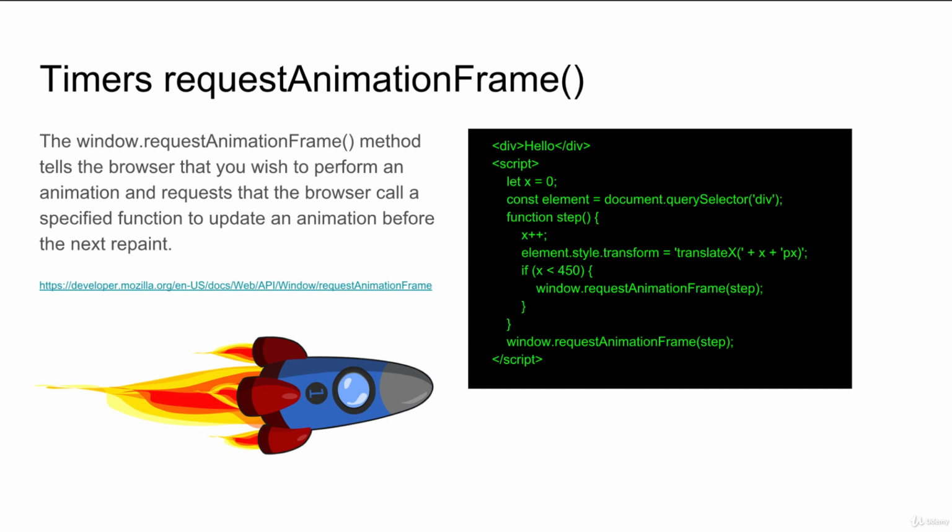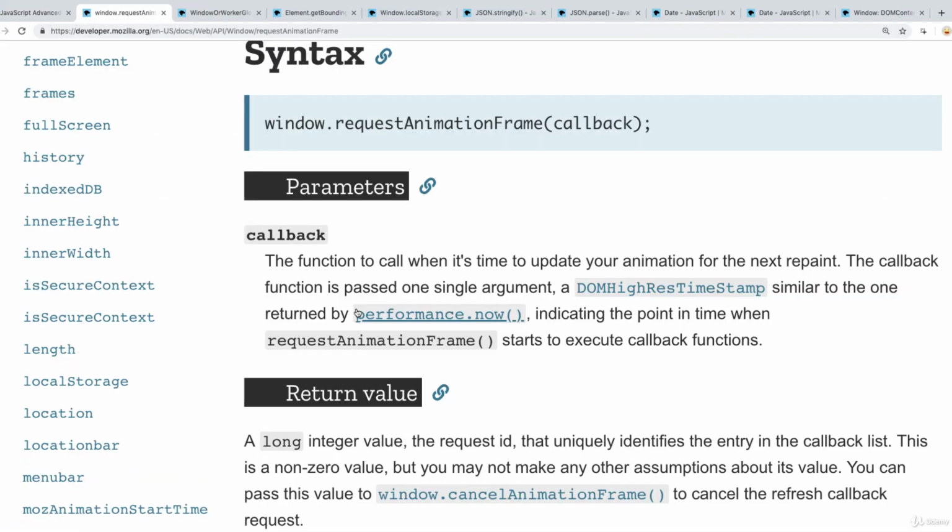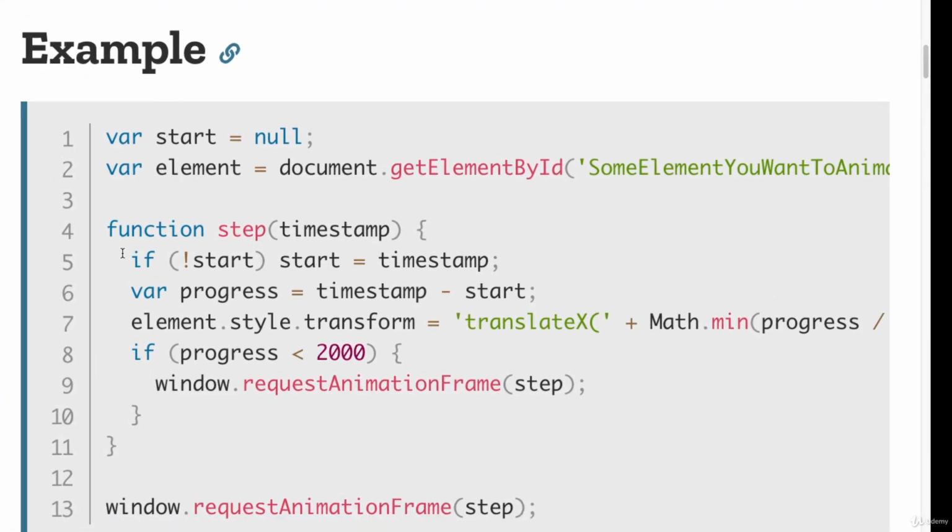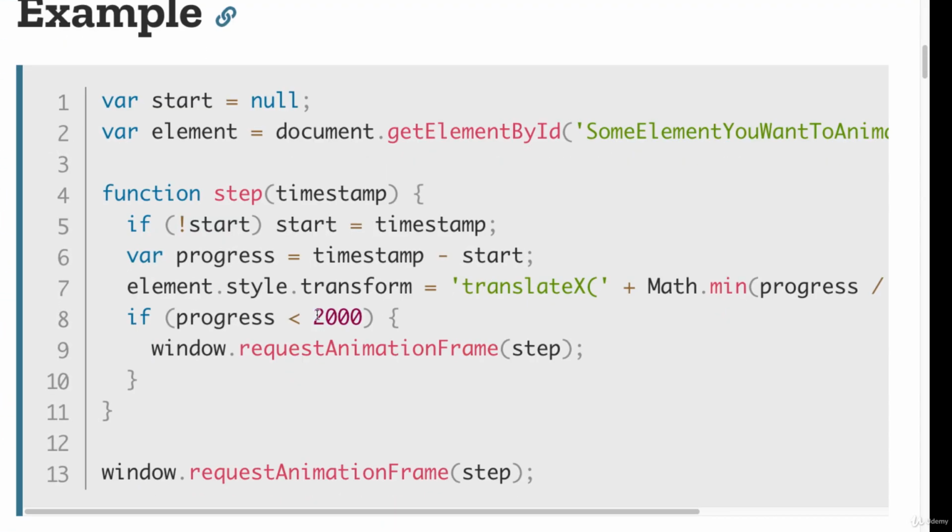There's one other one that I want to show you, and this is one that I use quite a bit, I have to admit, and this is requestAnimationFrame. So what this does is it creates an animation frame, and tells the browser that you wish to perform an animation, to create that animation before the next repaint. A lot of times this will be used within Canvas, but you can use it outside of Canvas as well,